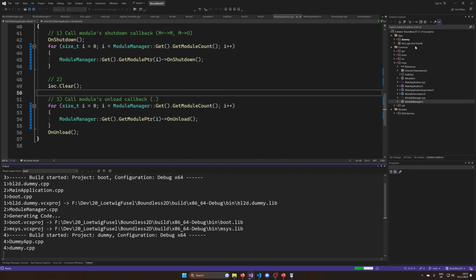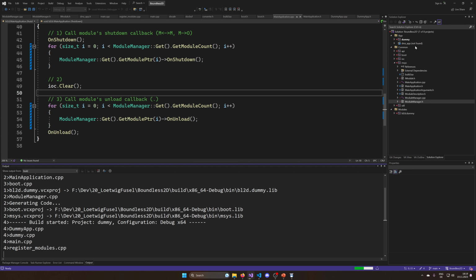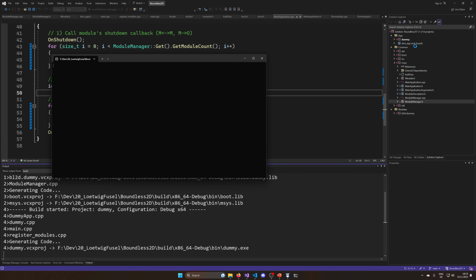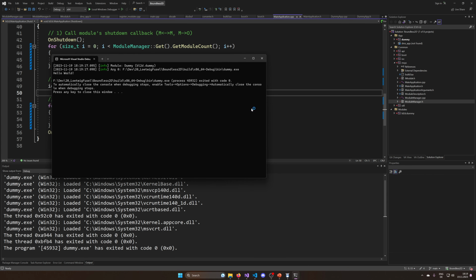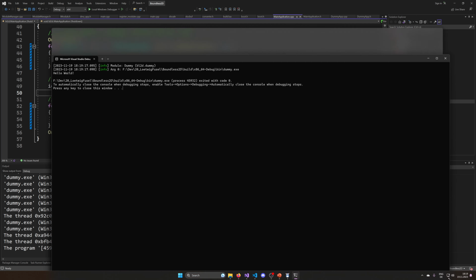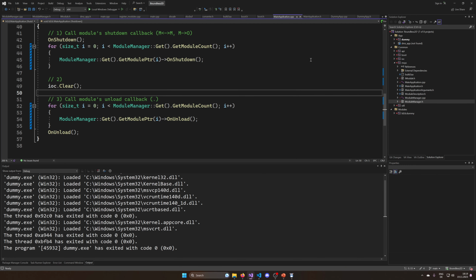Okay, so now this shouldn't really change anything at all from our code. Oh, the DMZ app is already deleted. Yeah, Visual Studio can do that recently. I did not regenerate the project, but as you can see, it works. It works fine. It still works. Okay, so yeah, this concludes now the